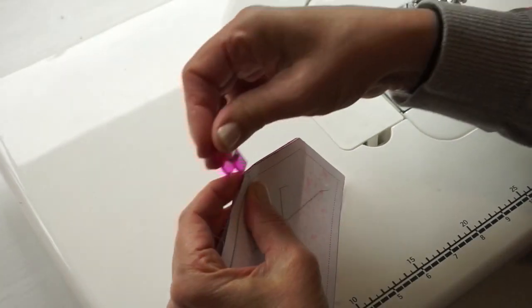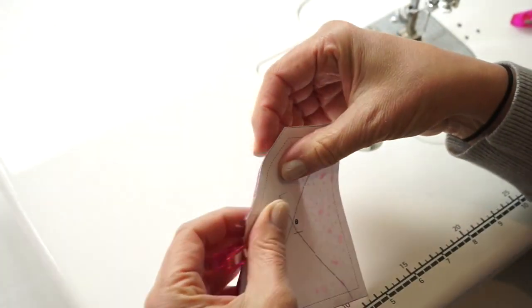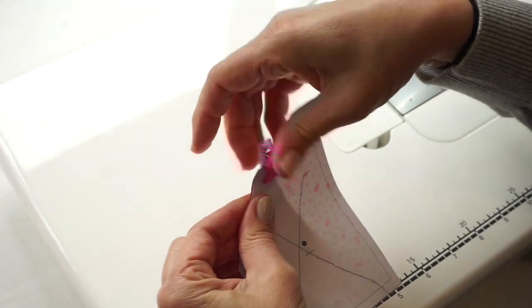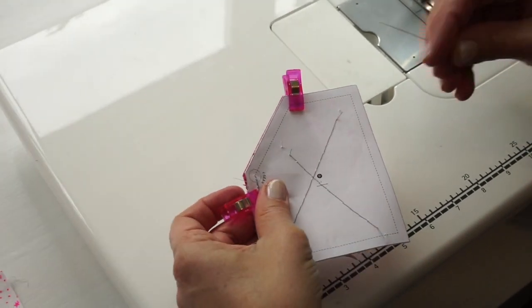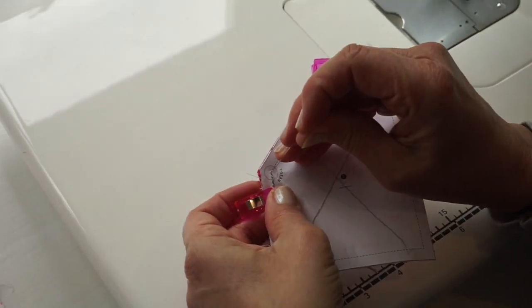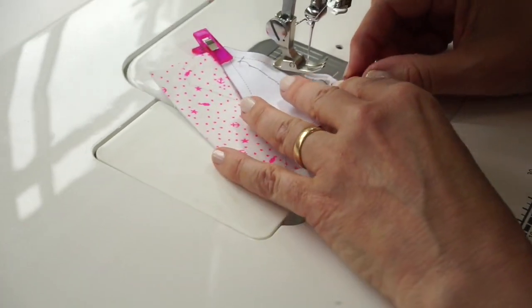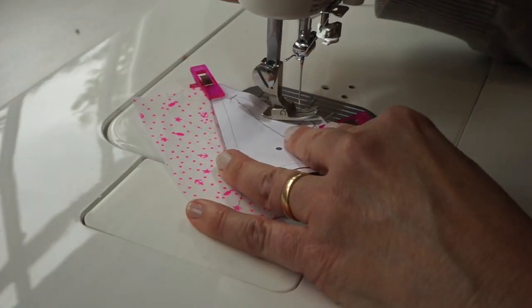So let's clip that guy down, and then over here we line that up and clip that down, and then let's pop the pin through the hole again, and it's coming through perfectly on that side, so that's great. I can actually sew it from this side. So a little bit before,